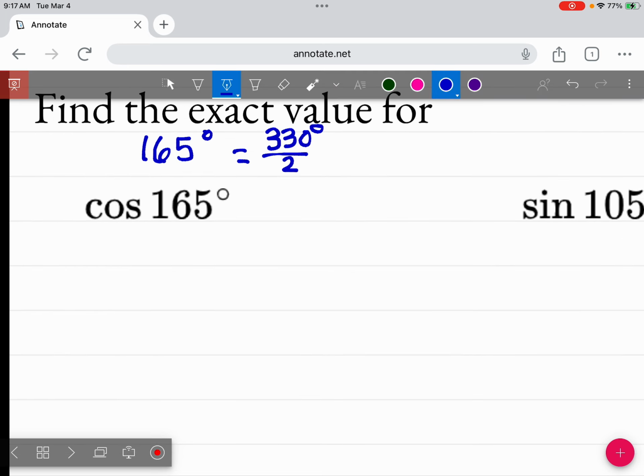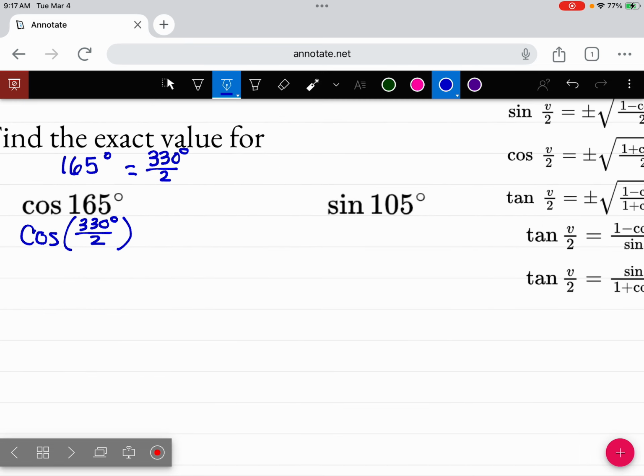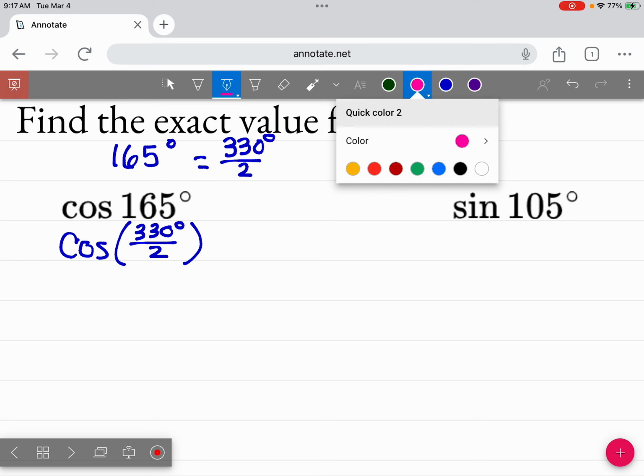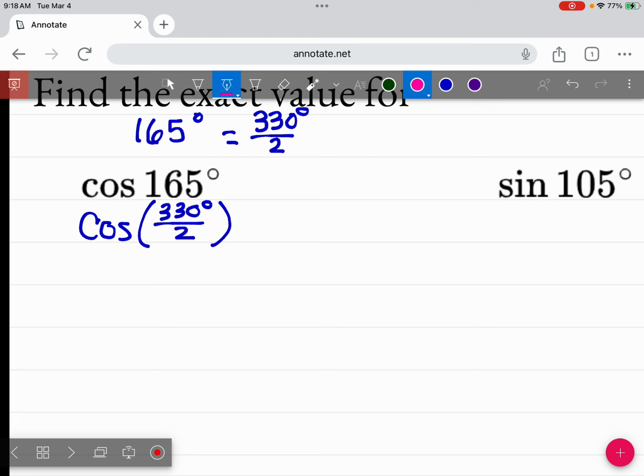This is the same thing as if I wrote cosine of 330 over 2. Yes? Okay. So our v, cosine of v, is cosine of 330. So using those formulas, which I know are darn near microscopic up there, we're going to fill in the pieces. So we're going to look at our